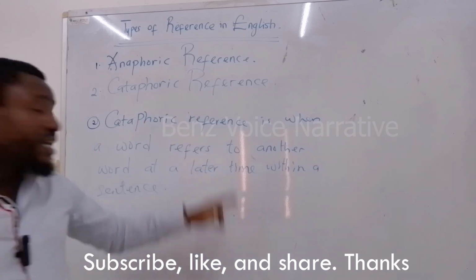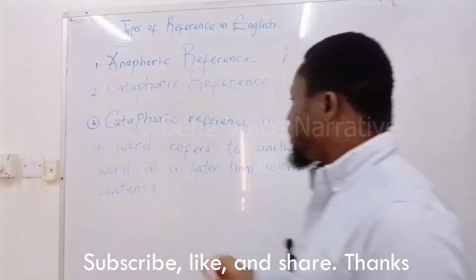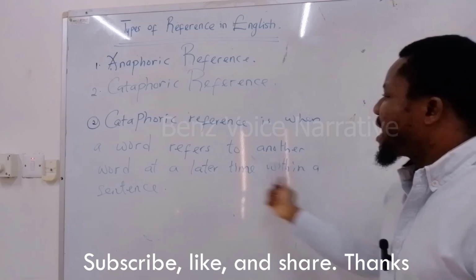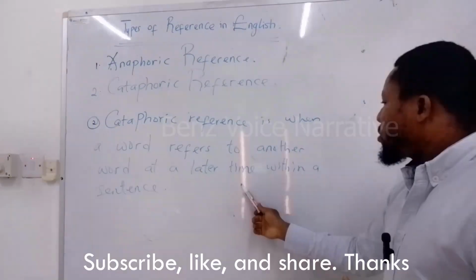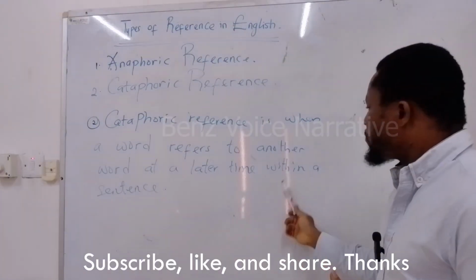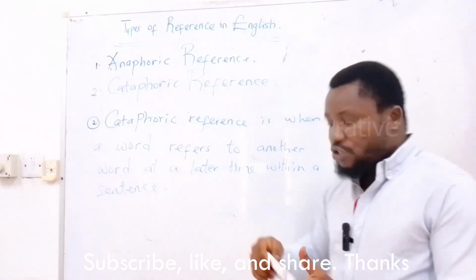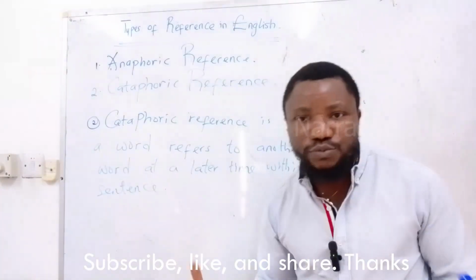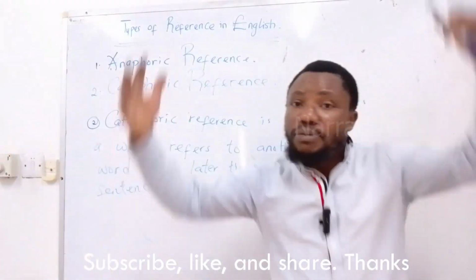A cataphoric reference is when a word refers to another word at a later time within a sentence. So when you have an expression, a piece of writing, maybe a passage,